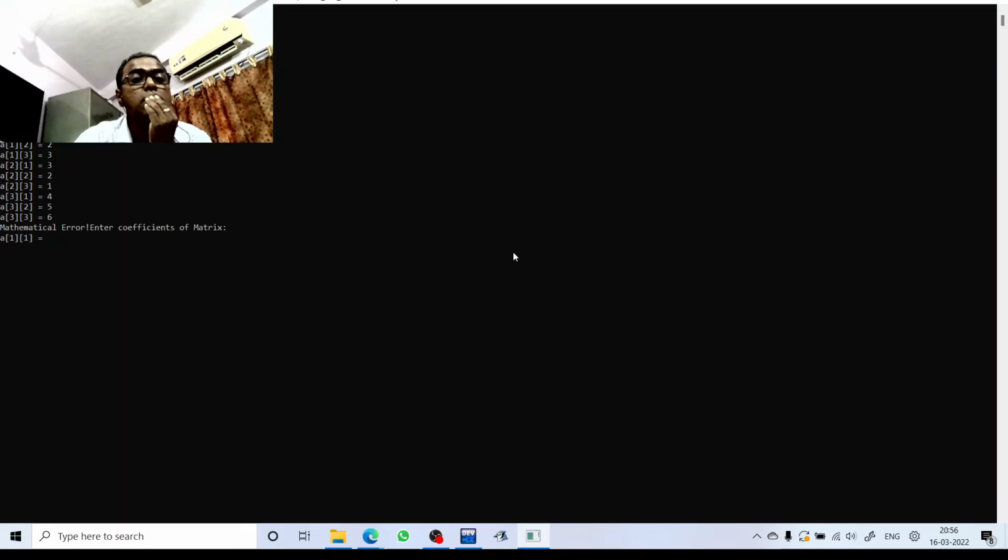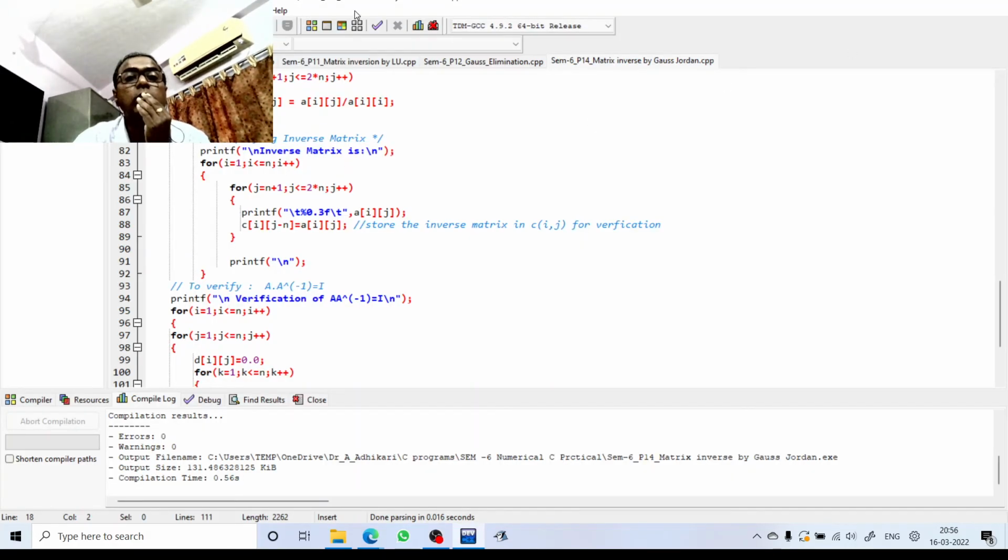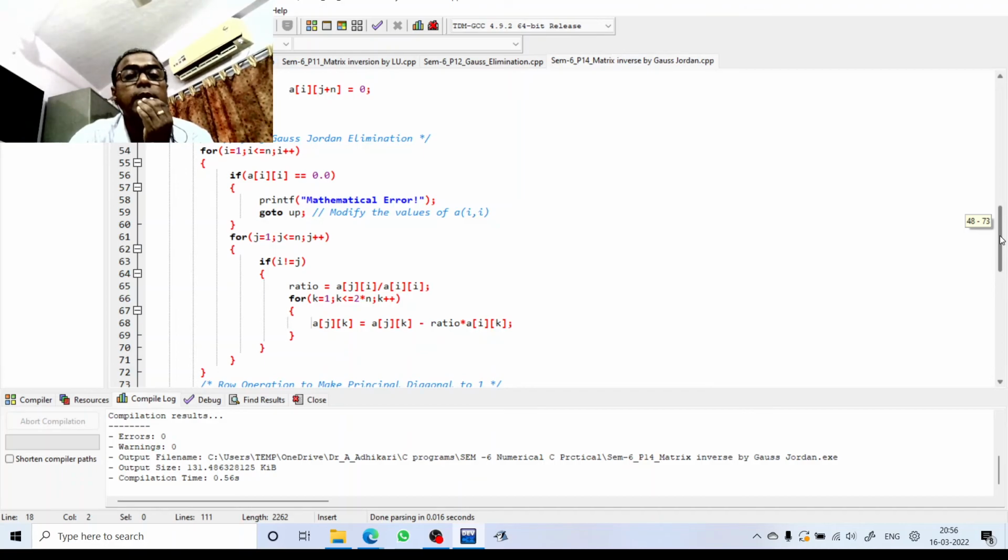প্রোগ্রামটা ঠিক রান করছে কিনা একবার দেখে নিই। অর্ডার অফ দ্য ম্যাট্রিক্স ধরো আমি থার্ড অর্ডার ম্যাট্রিক্স দিলাম, তাহলে 1 2 3 4 5 6 7 8 9। ম্যাথমেটিক্যাল এরর। এন্টার দ্য কোএফিসিয়েন্ট ম্যাট্রিক্স। এখানে কোনো ম্যাথমেটিক্যাল এরর দেখাচ্ছে 1 2 3, 3 2 1, 4 5 6। ব্যাপারটা কী হলো, ম্যাথমেটিক্যাল এরর দেখাচ্ছে কেন বারবার? এখানে কি ম্যাট্রিক্সটার ইনভার্স এক্সিস্ট করছে না? এরকম তো হওয়ার কথা নয়।